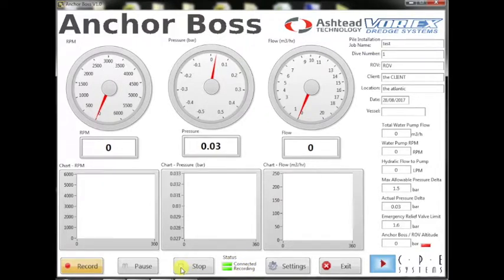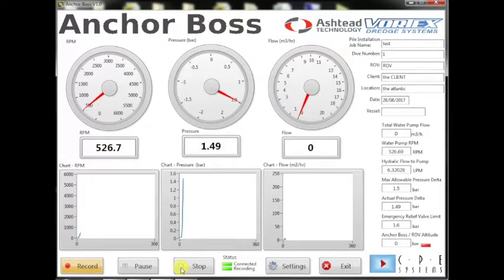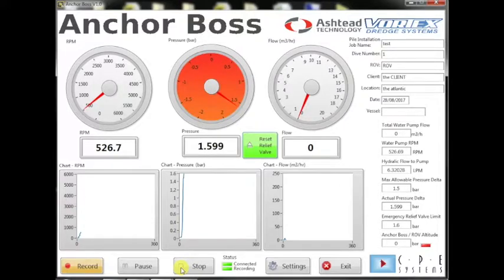I'll increase up here. Some RPMs, some pressures and some flows. All right, we're going to get close to 1.5 bar now. And we've just gone up. First you saw it go orange and then red. The orange was the maximum allowable pressure data, and red is the over relief pressure